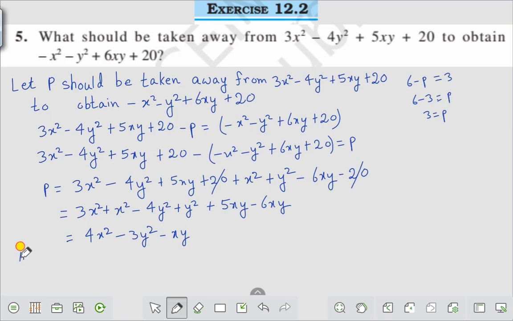Hence, 4x square minus 3y square minus xy